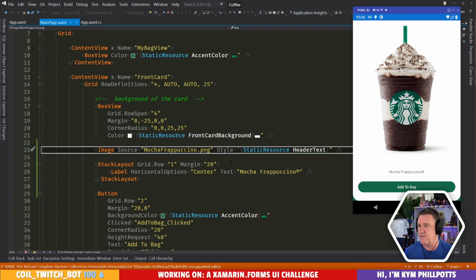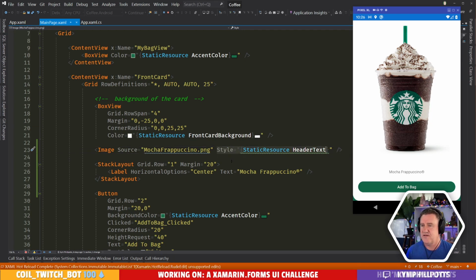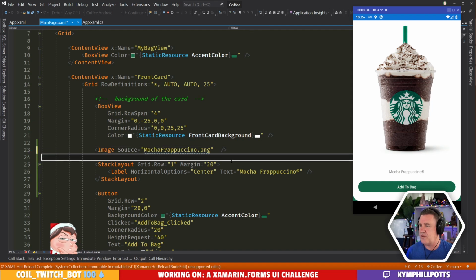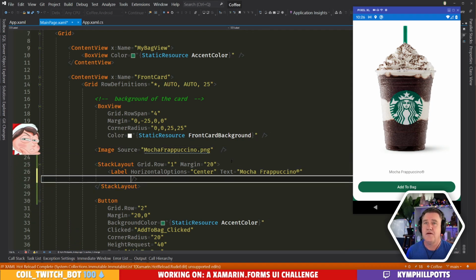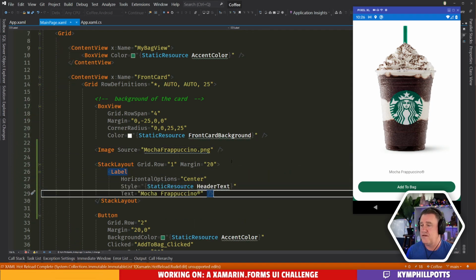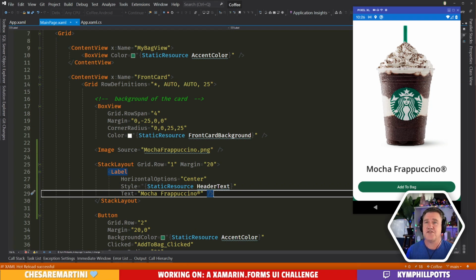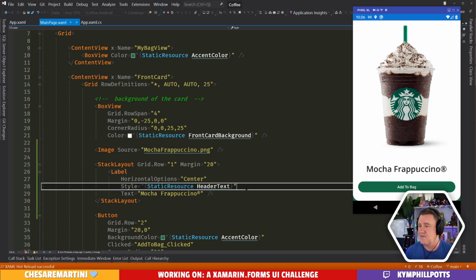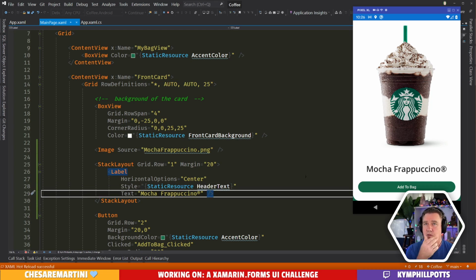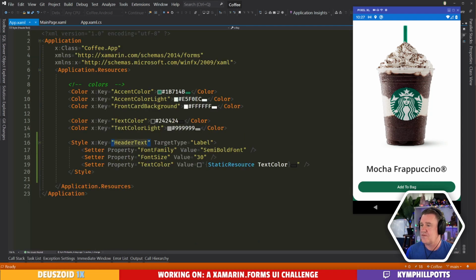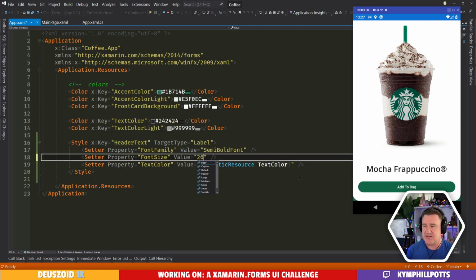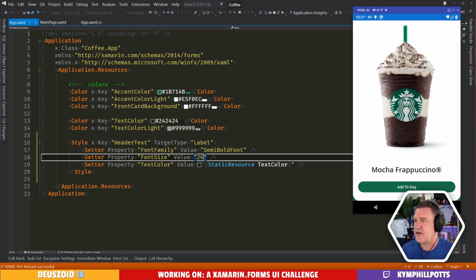Still didn't work. Oh, I'm putting it on an image. Why didn't that blow up? It should have blown up. Mocha Frappuccino. All right. It's probably a bit big. Let's make it like 26. Let's try that. Mocha Frappuccino. Yeah, it looks a bit more believable.